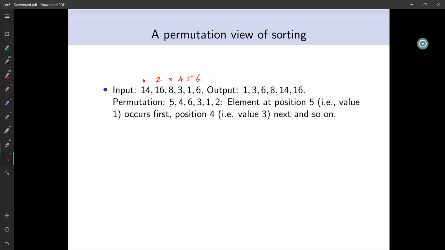So this way, irrespective of the input array, the only thing you need for this permutation view is that the elements be distinct. If they are not distinct, say if I have 6 occurring twice, then you will not be able to distinguish. But even then, you can view it as a permutation. There's no issue. It helps if the elements are distinct, that's all. It's not necessary. If I had, instead of 6, 3 again, the same permutation holds, there is no issue. Well, there is also another permutation, so the permutation may not be unique, that's the point, because you can permute. So if I had 3 here instead,